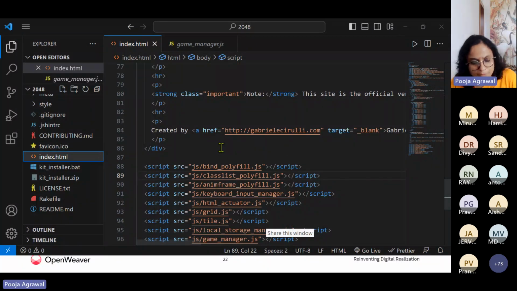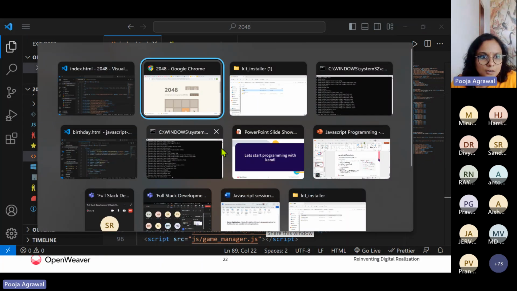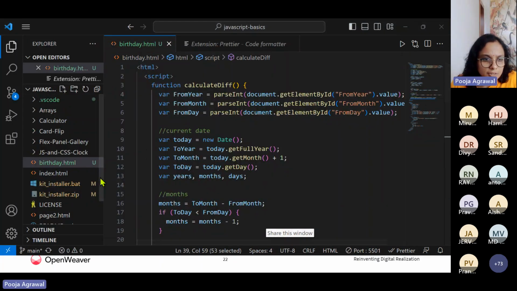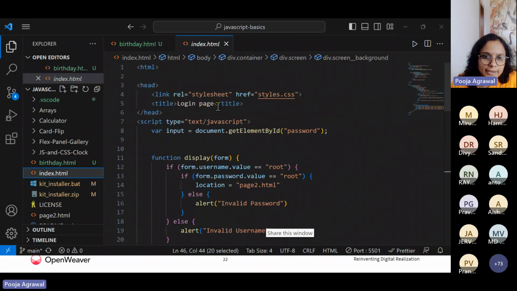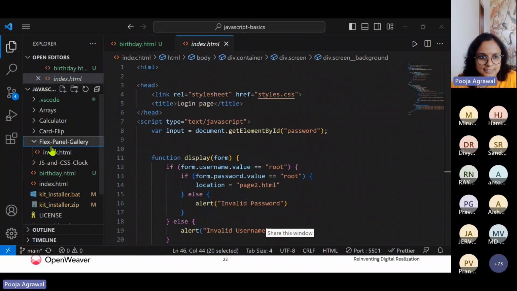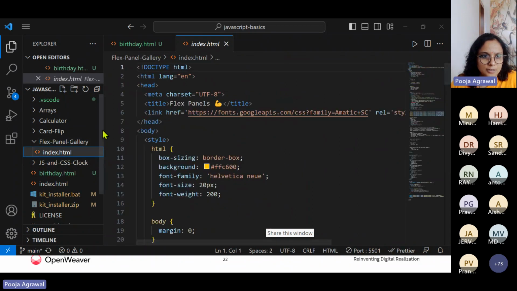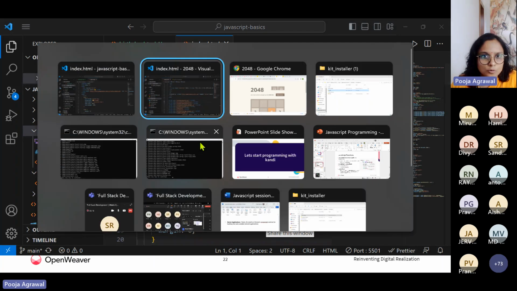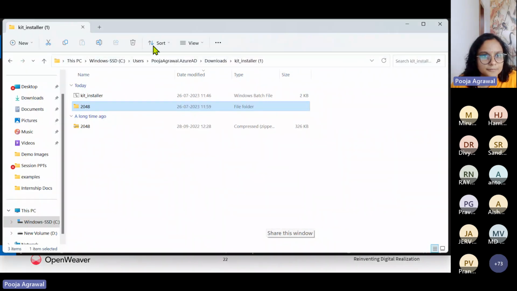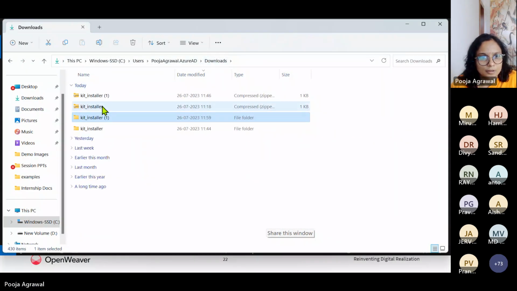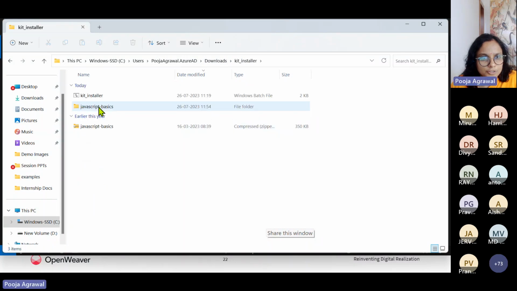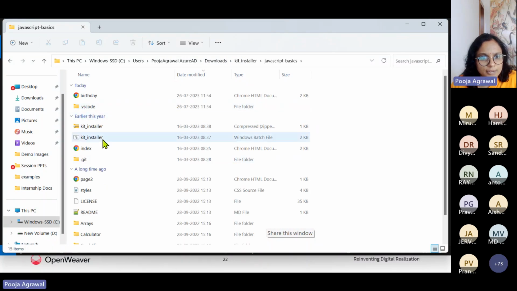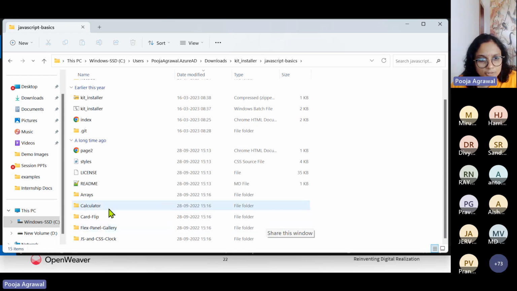You could explore a bit more even in the simple HTML file where you just had a login page. We also have a flex panel as well as card flip that is available. So again, if you go to the folder here and you check out, there are various other programs within the folders.